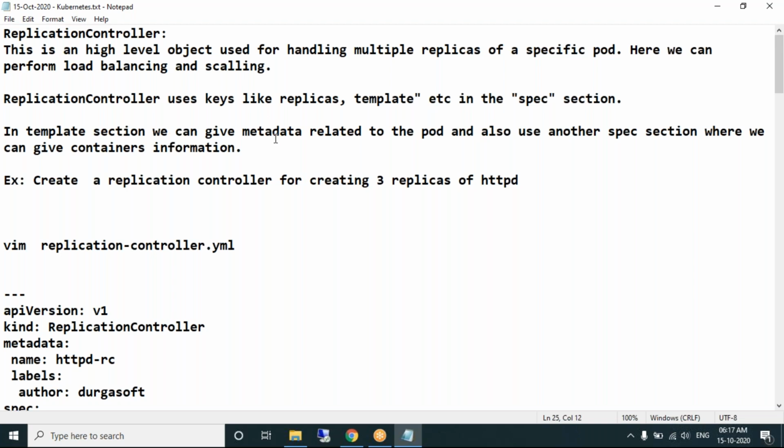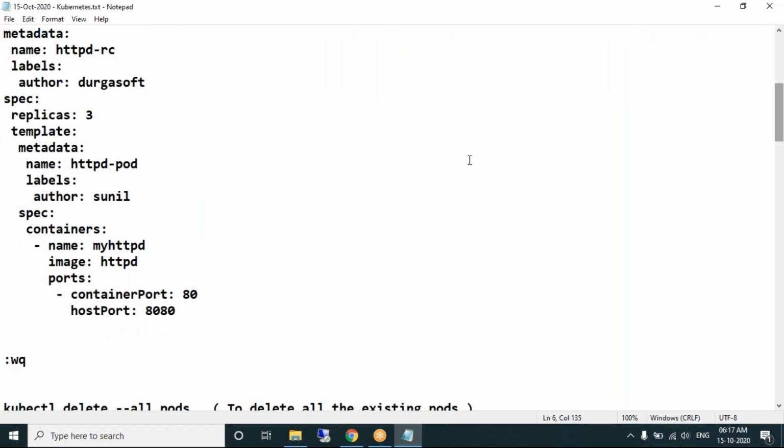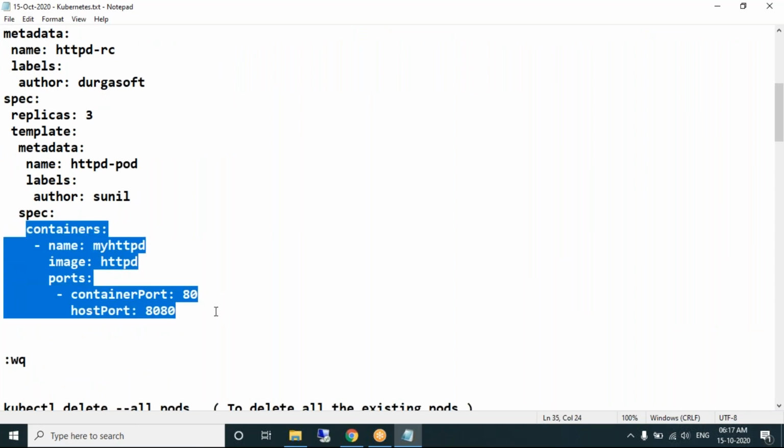In the template section, we give metadata related to the pod, and we also use another specification section where we can give the container information. Right, understand? Specification section, we already know this. It contains container information. What container am I creating? I'm creating a container using HTTPD. The container runs on port 80. I'm mapping it to 8080.